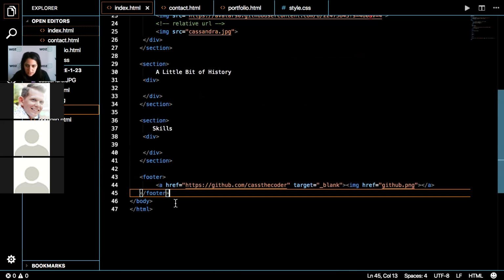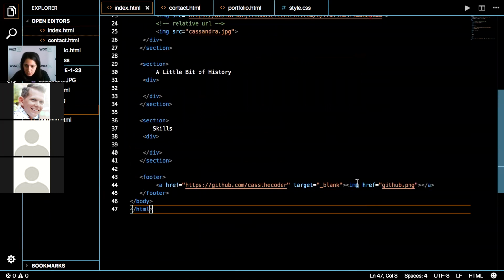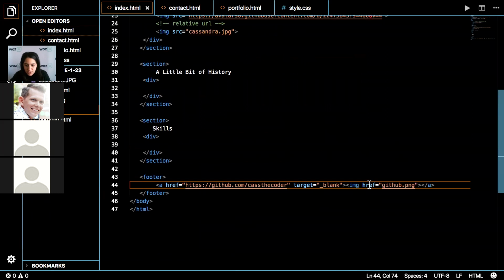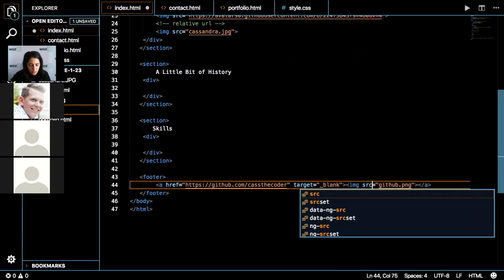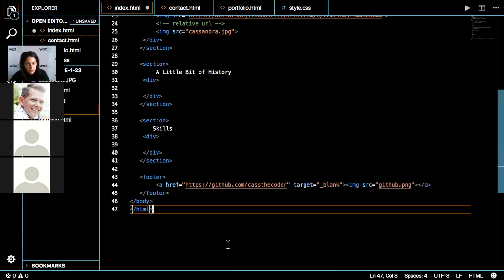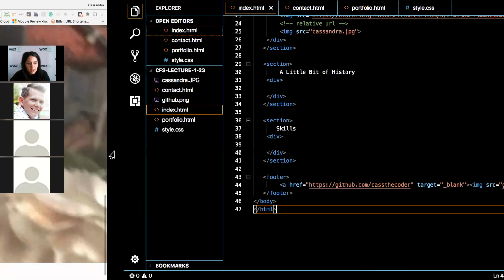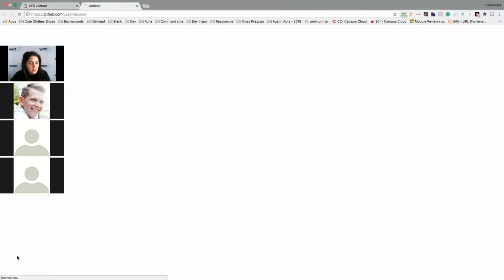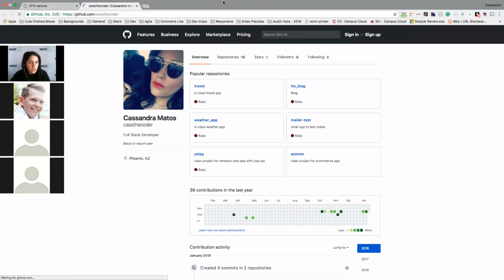Let's see. Oh, I used href instead of source for the image. Go. Save that. And there it is. Now we can click on this, and now that will take me to my GitHub page.